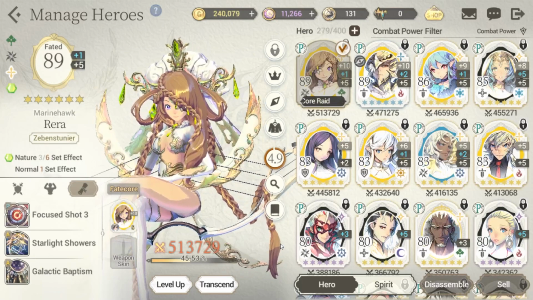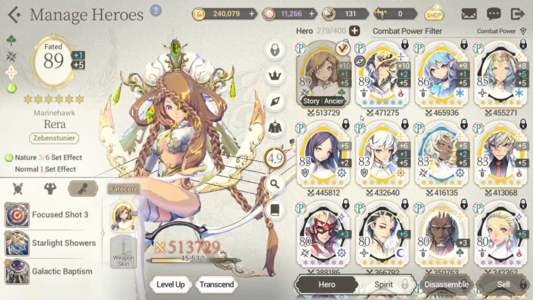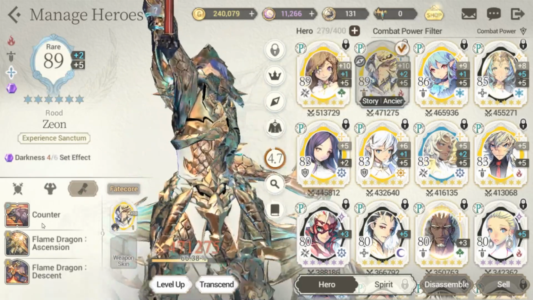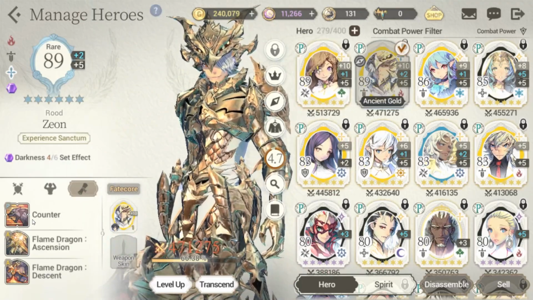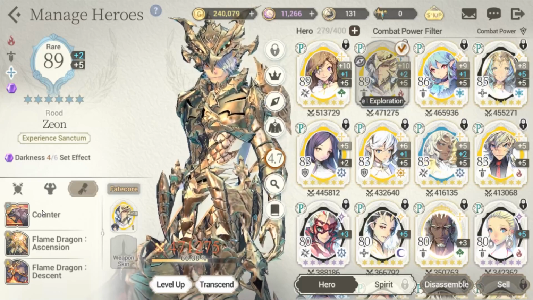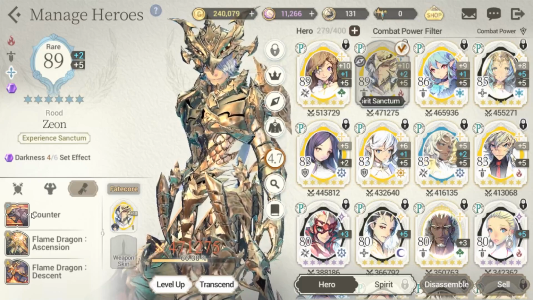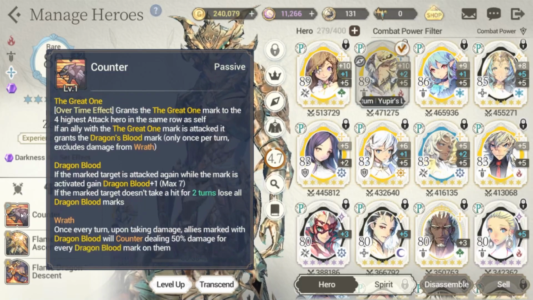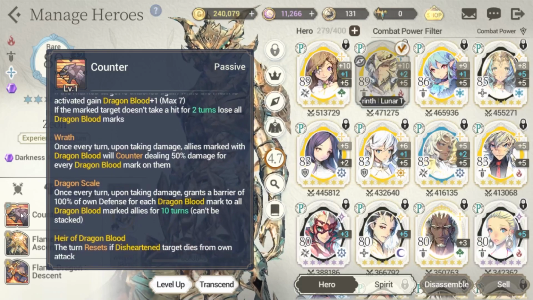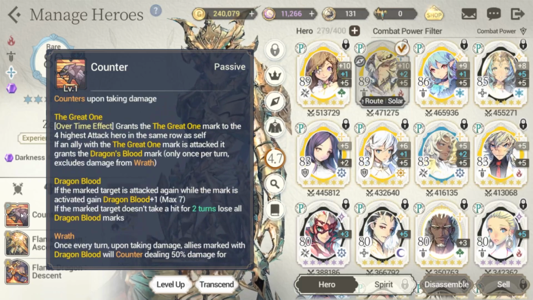So for the next one, number 4 to reroll for, should be FC Zeon, guys. FC Zeon is actually not a fated character. He's actually a rare character, but with his Fatecore, he reaches God tier, I guess, or SSS tier. Again, same as the other First Guardian units, he's going to have Wrath, Dragon Scale, and Dragon Blood, of course,